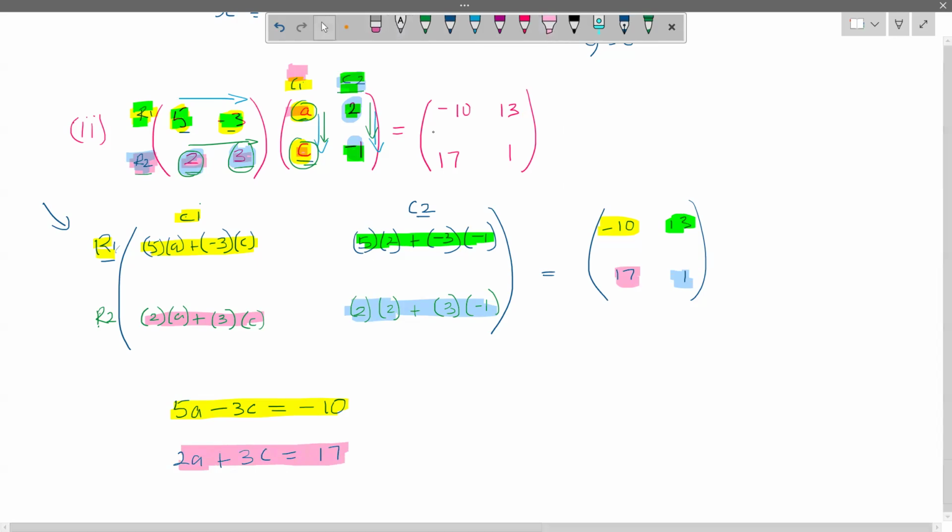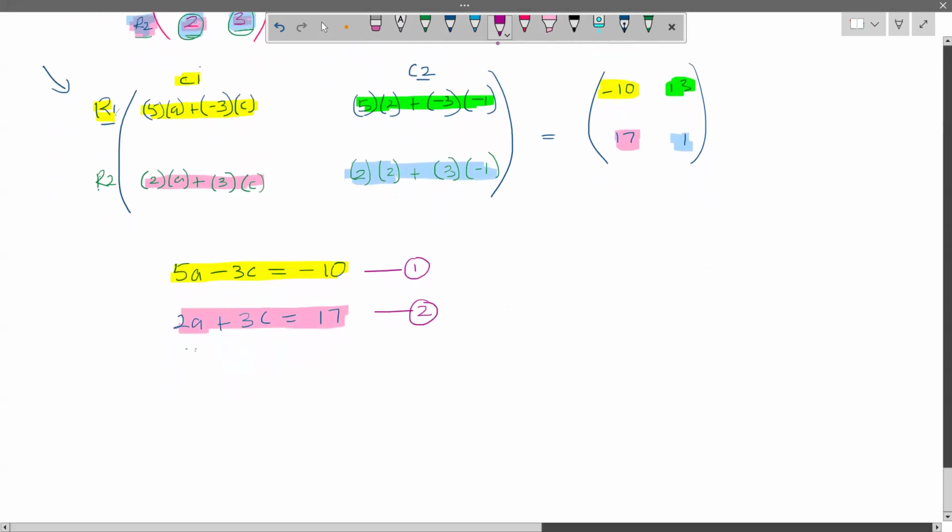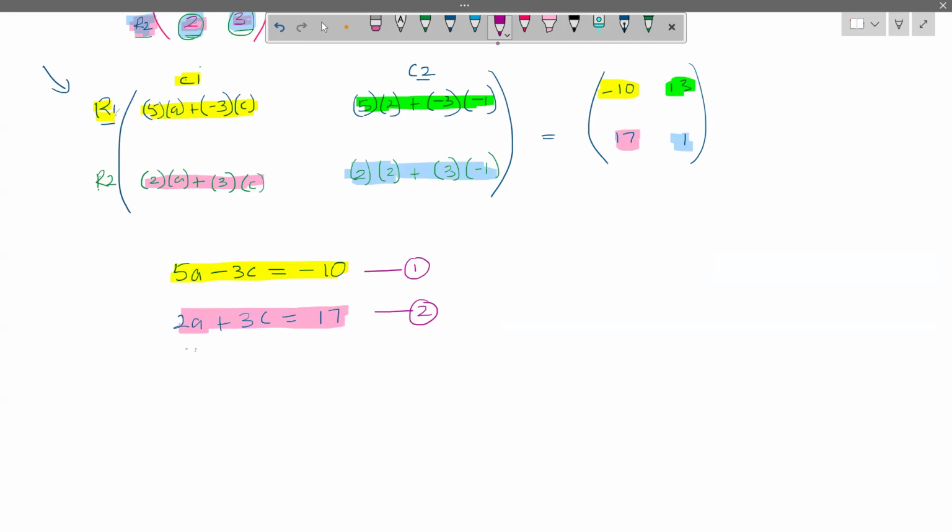Now, this doesn't have any A or B inside of it, right? Neither does this. You don't realize that. So what I'm left with is two simultaneous equations that we have to use to solve for A and C. Everybody see now? So this question was for 4 marks. So you have to multiply it out in order to come up with these two simultaneous equations. And then